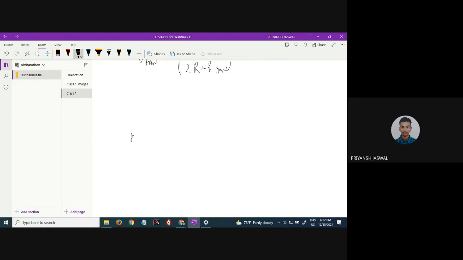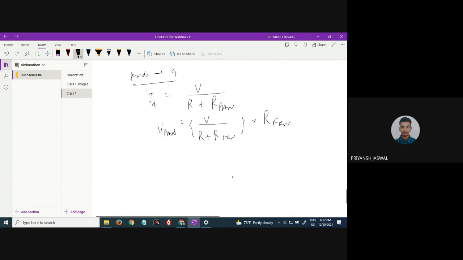So for the knob at 4, the current will be V by R plus R fan, and V fan will be V by R plus R fan times R fan. Now you can see the denominator is even smaller, so this whole quantity will be larger as compared to before, and V4 will be greater than V3, V2,